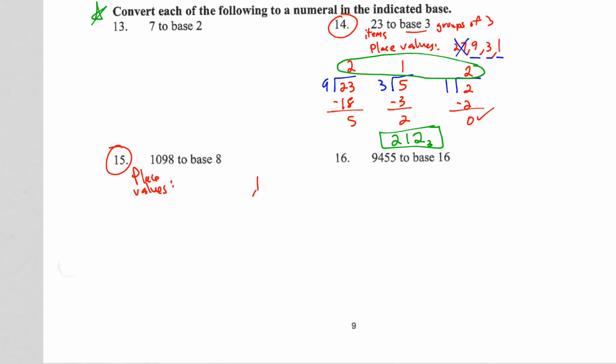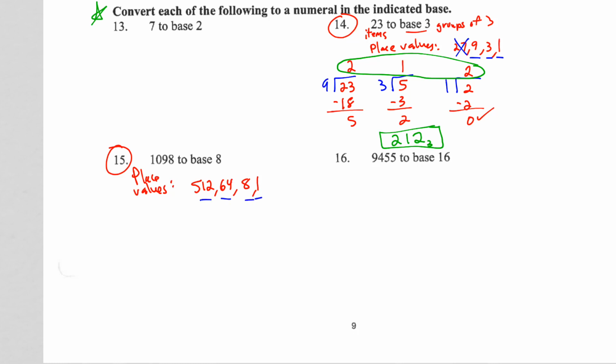So we know it starts with 1, and then 8. 8 squared is 64. 8 to the third power, or just multiply 64 times 8, and you get 512. If you do that again, you're going to get 4,096. That's too big, so we're going to stop there, which means our answer is going to have 1, 2, 3,